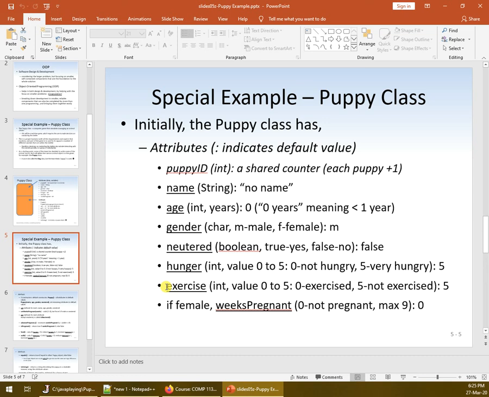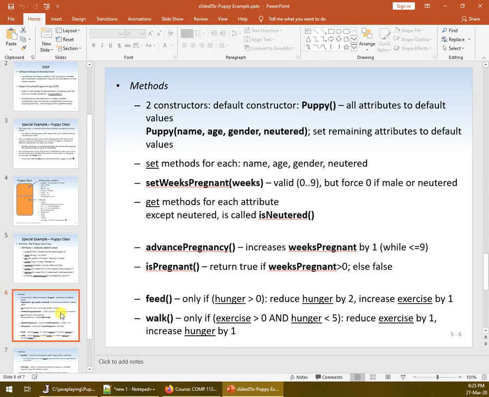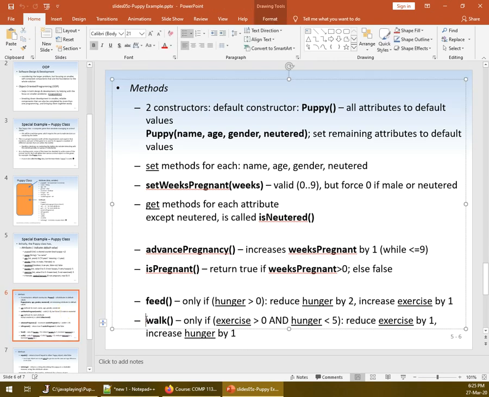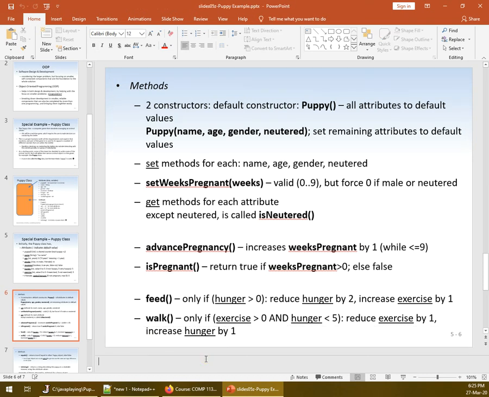Those are independent data attributes for this object, but the walk method is able to manipulate both of them. So every time you say dot walk, it will reduce the exercise by 1 and increase the hunger level by 1. Whereas the feed doesn't affect the exercise level, or it doesn't affect the